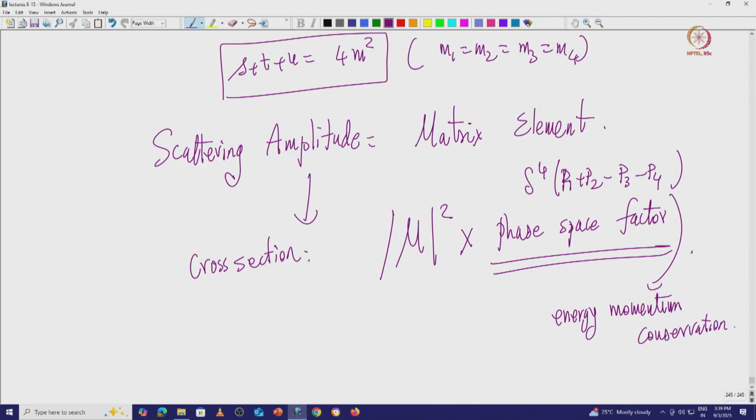The total cross section sigma, we can do differential cross sections and everything, is given by M square times the phase space factor. Of course, you can now divide it into energy and momenta, and then you get integrals in terms of phase space, and phase space integrals and everything. Those are important details which have to be worked out, but those are things which you can learn in your particle physics lectures or some other place, or pick up on your own.